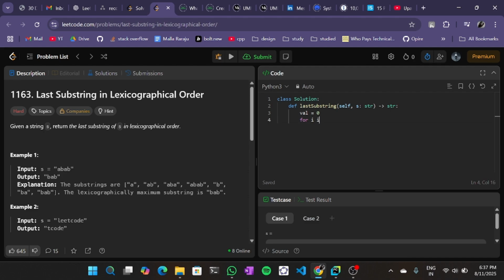For a range of length of s, let's do one thing, it is way too inconvenient. So enumerate, index and